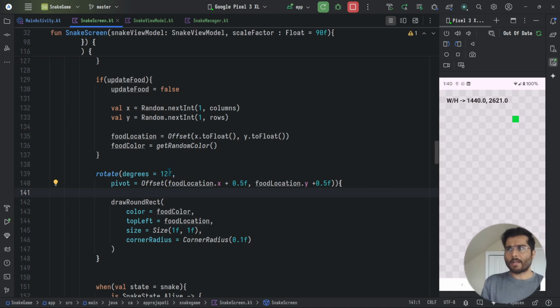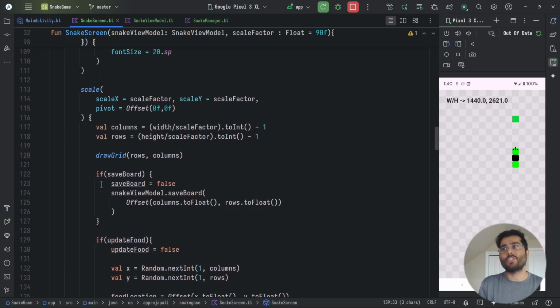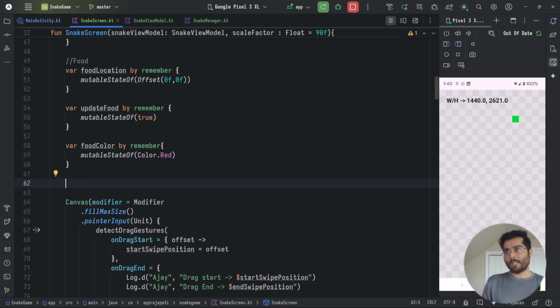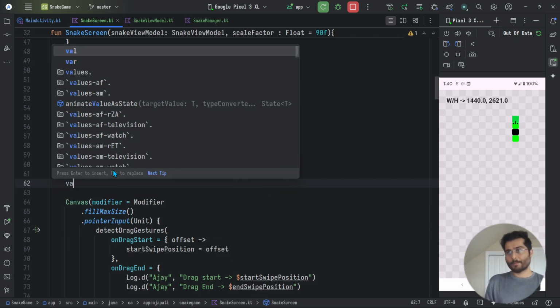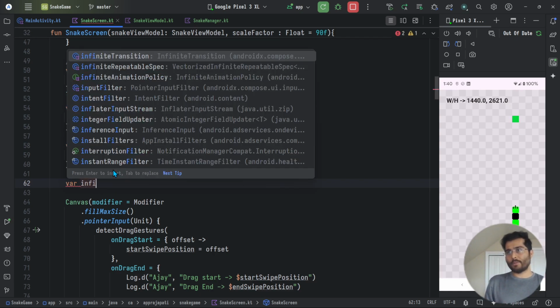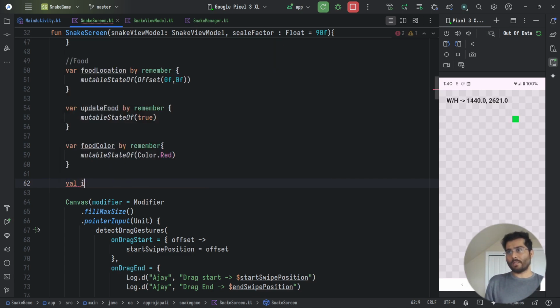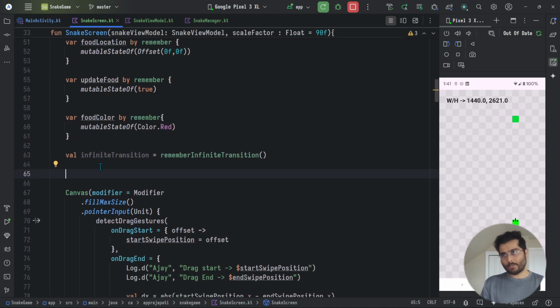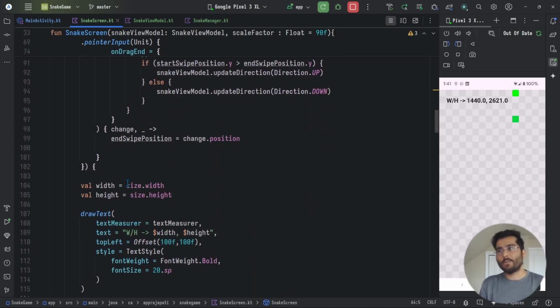We need some sort of a variable that will keep changing here. Every recomposition it will change, right? And that's exactly what we can do using remember infinite transition. So that's the animation that we are going to use. Variable infinite, its value infinite transition is equal to remember infinite transition. Now the value that we are changing is the angle, right? Degrees, and degrees are